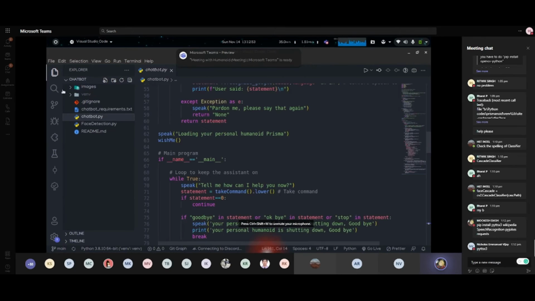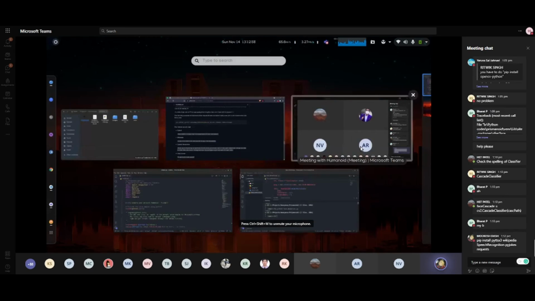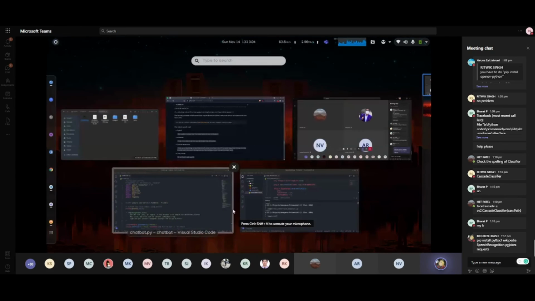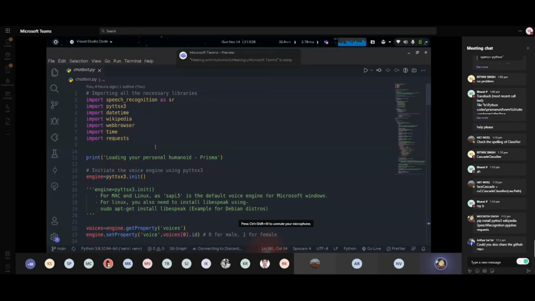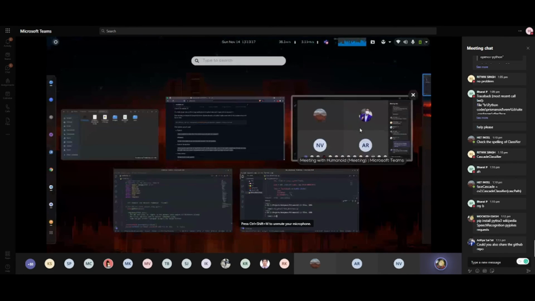Right here. I hope you can see the code. Everything is visible. Do we have a doubt? No. Okay, so we'll move on. Pip install PyTTSX3, Wikipedia, speech recognition, PyJokes, requests, and Beautiful Soup 4.